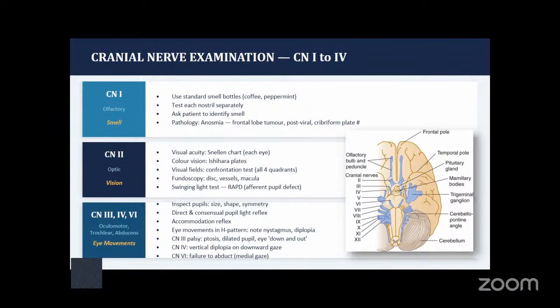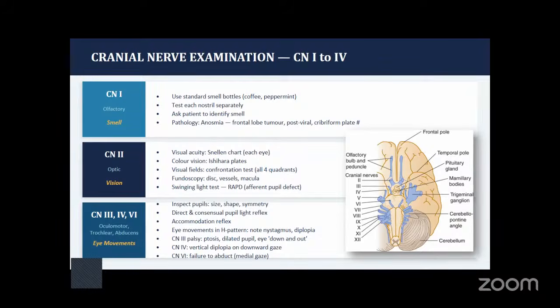For cranial nerve number one, we'll use something that is not irritating to the patient. So something like coffee, vanilla, testing each nostril separately and ask the patient to identify smell. So the main thing you're worried about is anosmia. And from your history, you want to always ask if the patient has had any changes in smell, aside from asking for changes in somatic sensation,